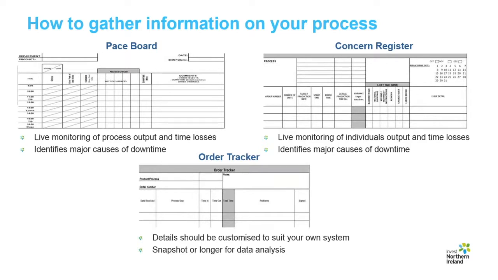Each department should fill in the date and time when they received it and when it left them, as well as any problems found. If you do this for a range of order types in terms of complexity and size, or for all orders over a specified period of time, then you should get fairly representative data. You can always repeat this exercise for a longer period if you feel that the results were not reflective of true performance. These tools can be completed virtually or on paper, whatever makes the most sense for your process.